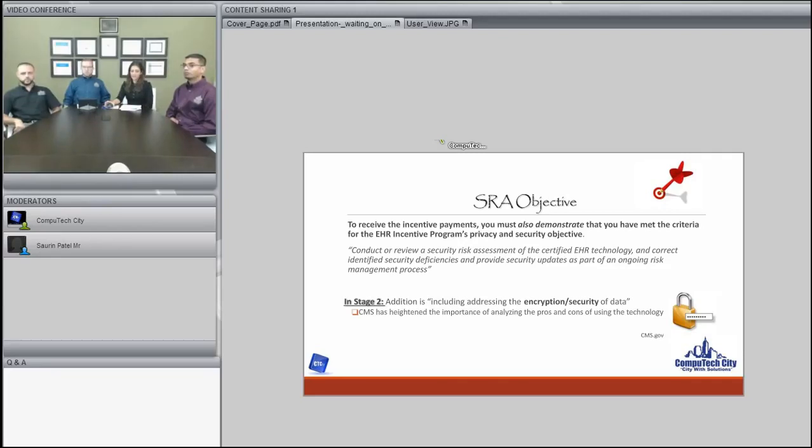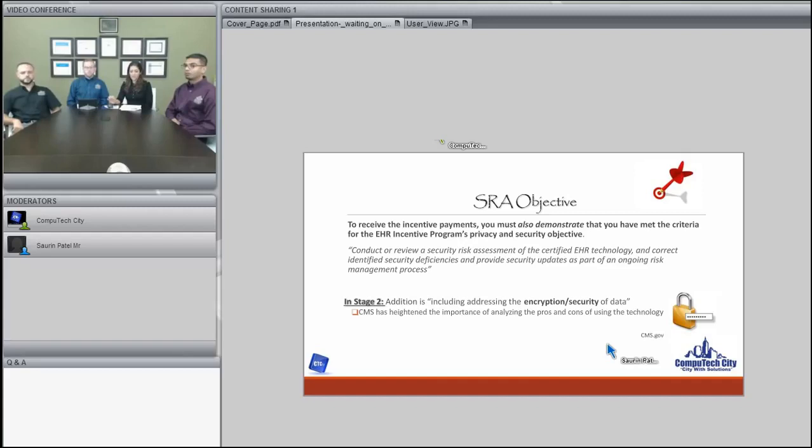And it states that you have to conduct or review a security risk assessment of the certified EHR technology and correct identified security deficiencies and provide security updates as part of an ongoing risk management. This used to be the definition of the SRA objective in stage 1. Now in stage 2, there is a very subtle but very important change, or addition, that was updated,